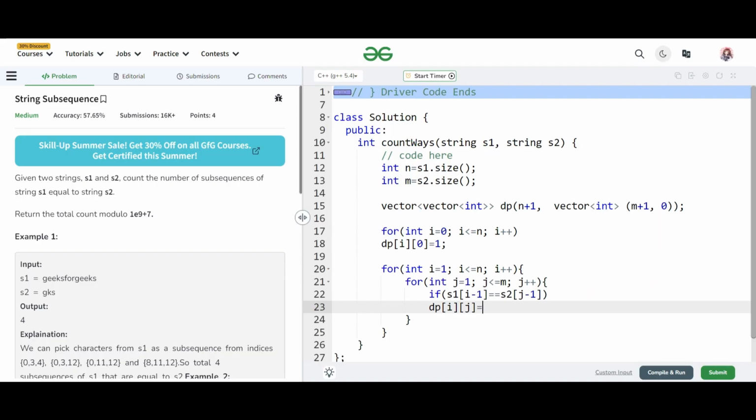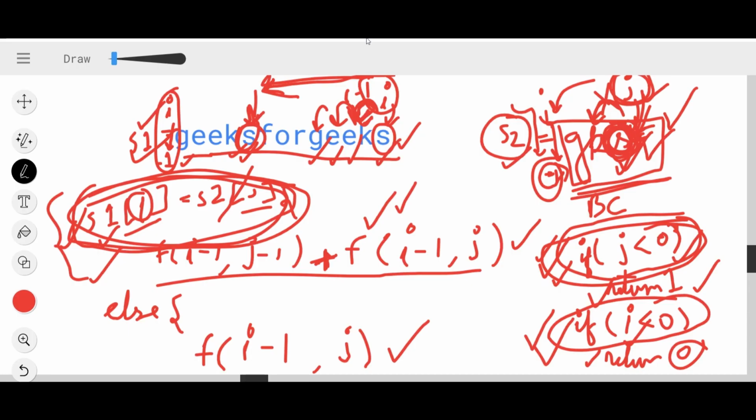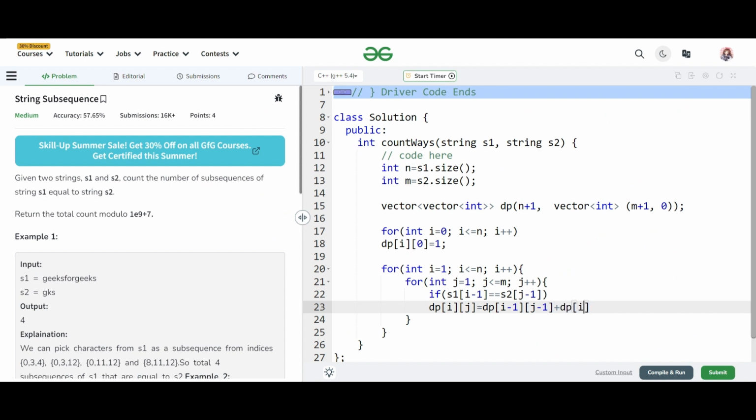So let's perform. At first, if the two characters are matching, what I was doing, I was simply moving this pointer backward, and I was moving this pointer backward too. And if there are more subsequences, when there was one more s, I was simply doing i minus 1 and the j was as it was earlier. So let's do the same thing here. My j will remain the same. Now, this was the case when my two characters were matching.